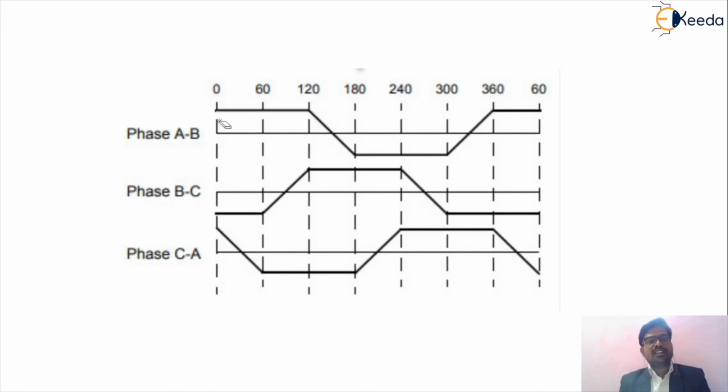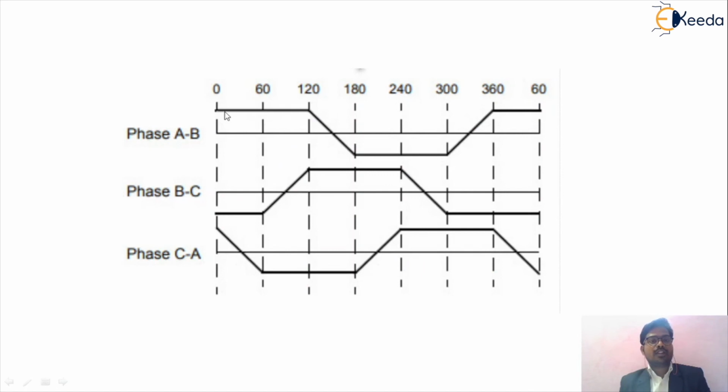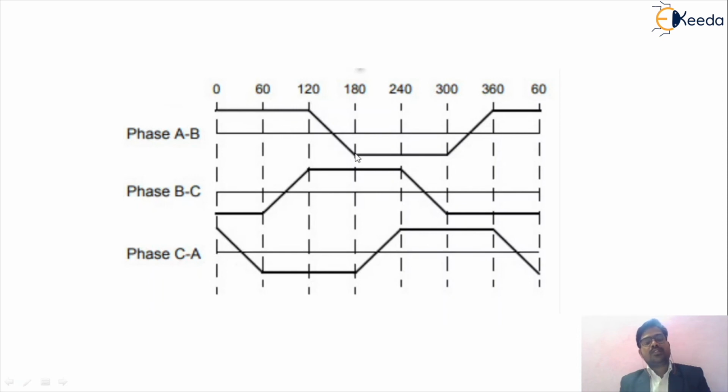That is the reason, because we are using a multi-phase winding in the stator circuit. So friends, this will be the phase displacement, and this will be the output waveform of your phase AB. While we are understanding the detailed concept of this circuit, when we give the supply to phases A and B, we can check the value of the output voltage for phase A to B, B to C. The conduction period is 120 degrees, and after that the output waveform is suddenly reduced, crosses zero, and now gives you the output for phase AB in the negative direction. This is the negative direction output.